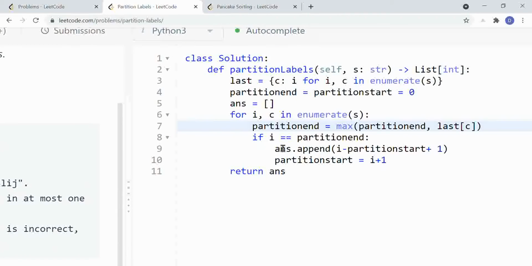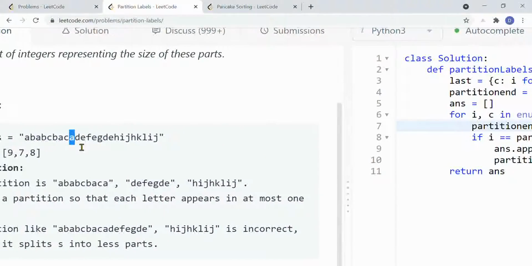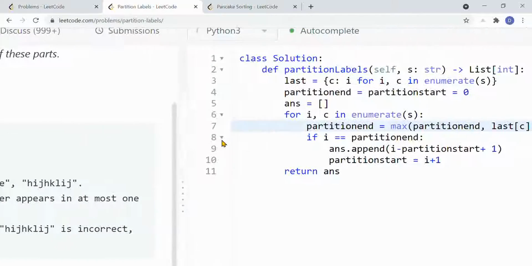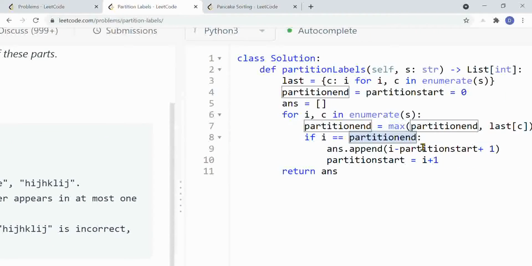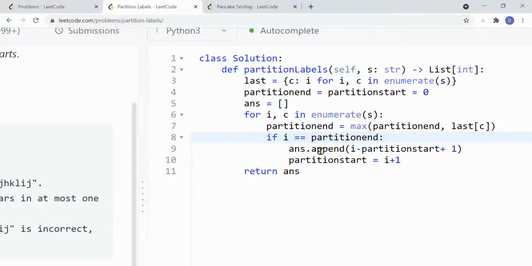And we keep on doing this, and at the end we will see that when we have reached the index A, then the last occurrence of A, that is denoted by this partition end, is equal to the current element. So in this case we will update the partition to be I minus j.